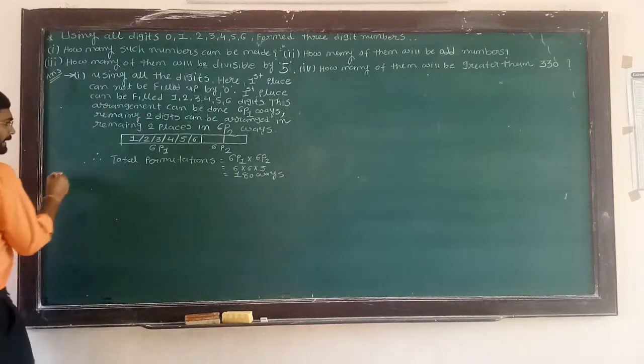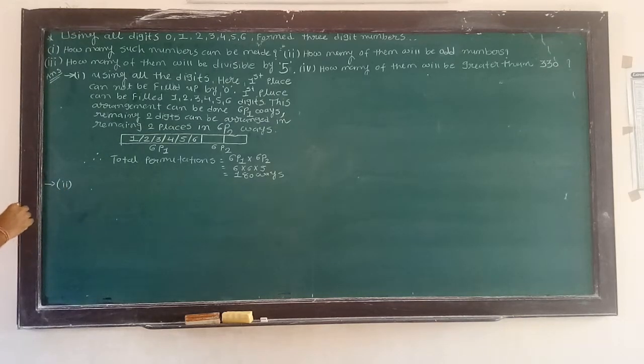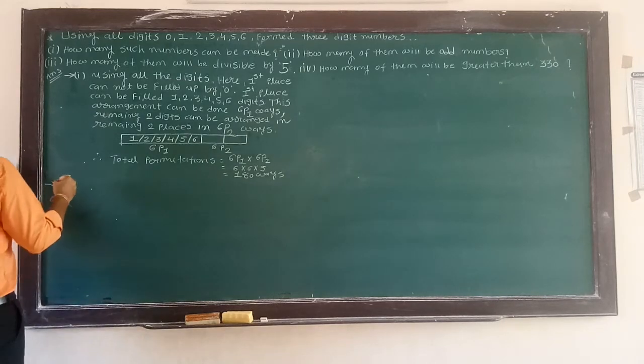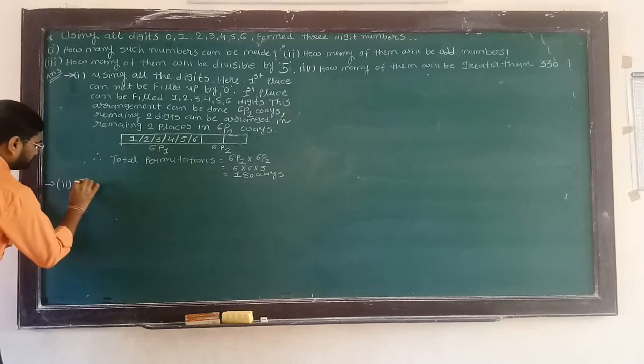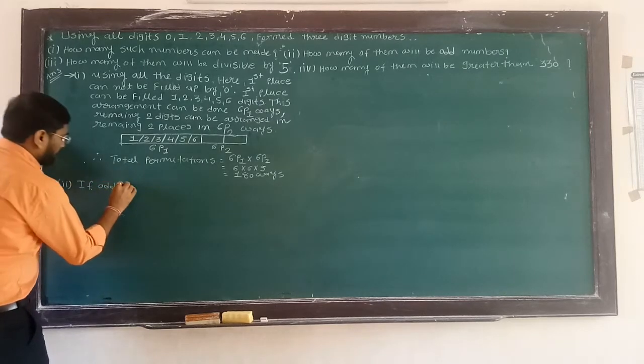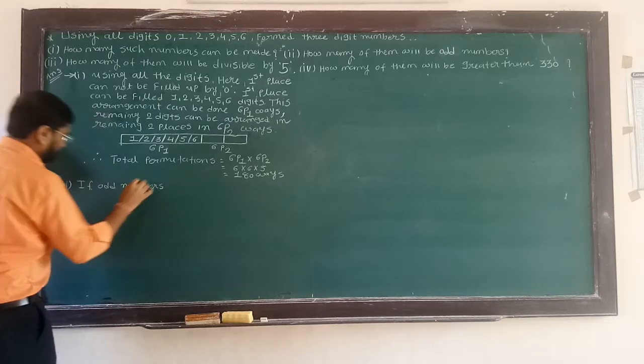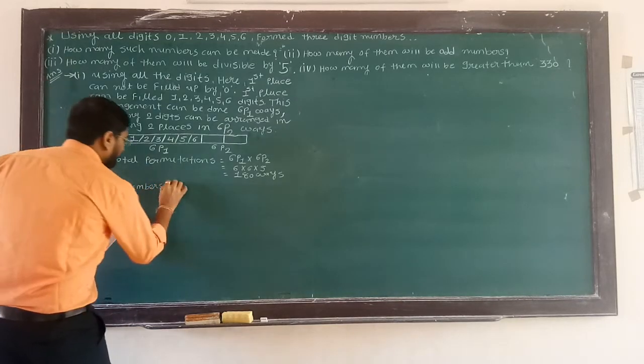Now the second option. What is the second option? How many of them will be odd numbers? See the students, we find the odd numbers, if odd numbers are to be formed